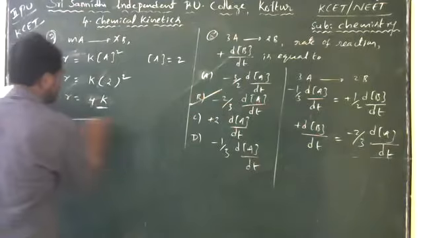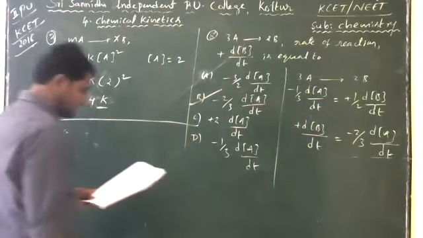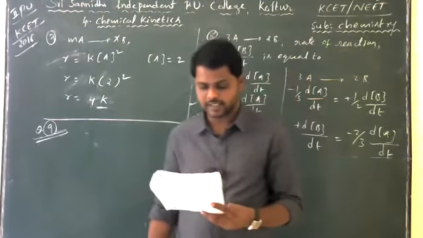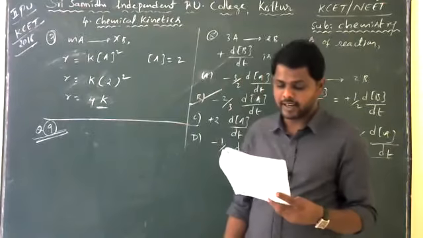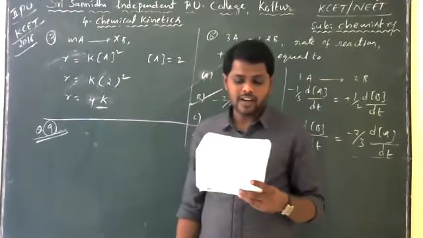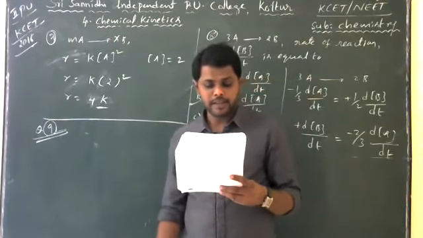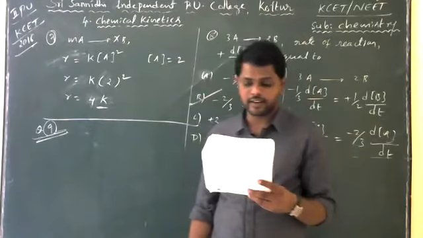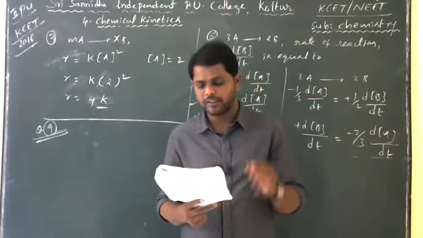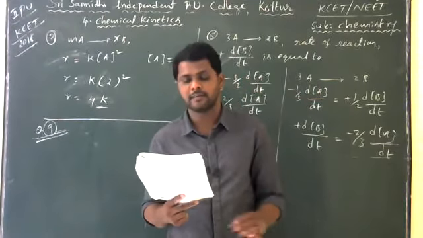Let us look at question number 9. What they have given is also a related concept, but we have to discuss it just once. The activation energy of a chemical reaction can be determined by: option A, evaluating the rate constant at two different temperatures; option B, changing the concentration of reactants; option C, evaluating the concentration of reactants at two different temperatures; and option D, evaluating the rate constant at standard temperature.